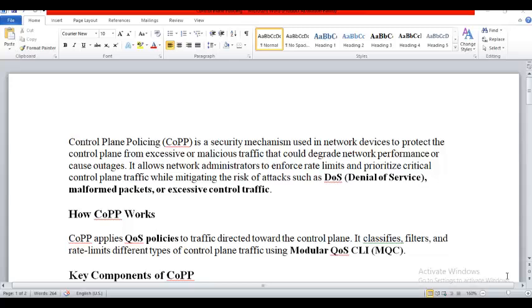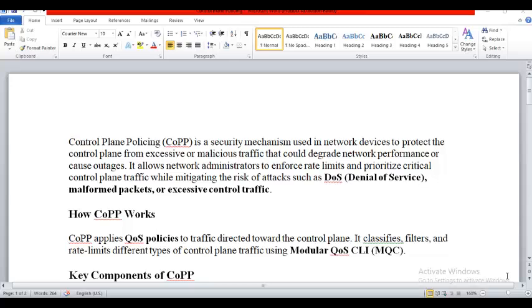Earlier, in quality of service class, we did quality of service for the incoming and outgoing interface traffic. Incoming and outgoing traffic on an interface. Now we are going to set similar QoS for the CPU, for the control plane.